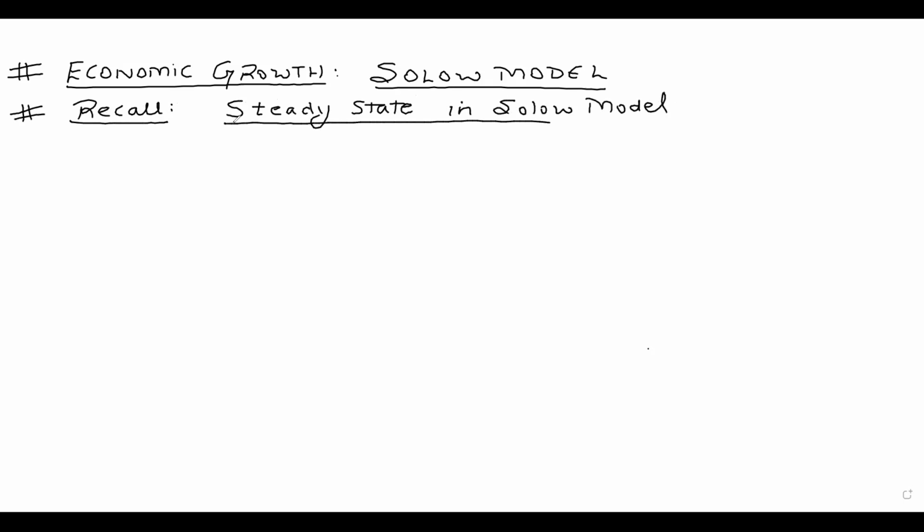If you all can recall, when we talk about capital stock per worker, remember the Solow model assumes a constant returns to scale production function. So we had converted our entire analysis into per worker terms. And then we had said that when we talk about capital stock per worker, there are two factors influencing small k, which is my capital stock per worker.